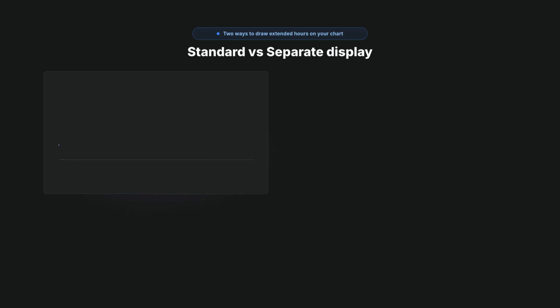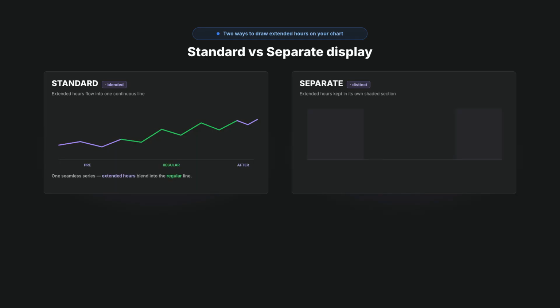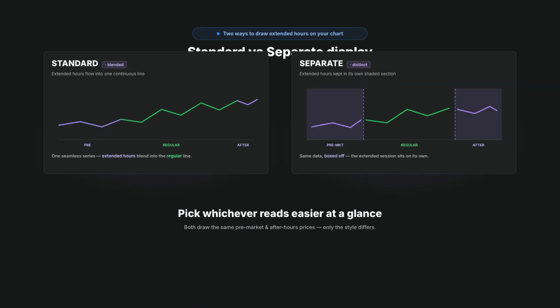As for what those display modes actually mean, you'll typically get to choose between a standard display, which blends the extended hours price action right into your regular chart, and a separate display, which keeps it visually distinct instead. Pick whichever makes it easier for you to read at a glance while you're watching a stock move outside regular